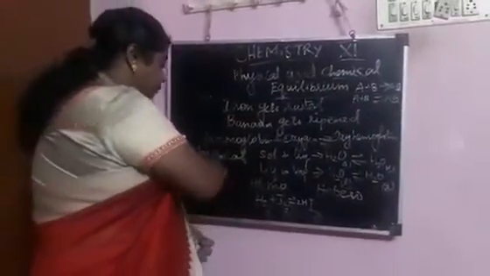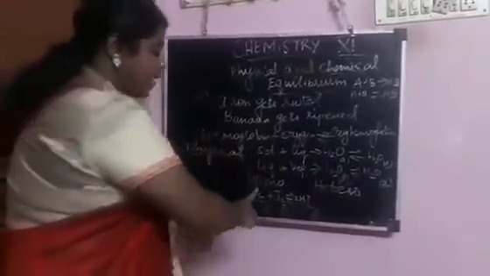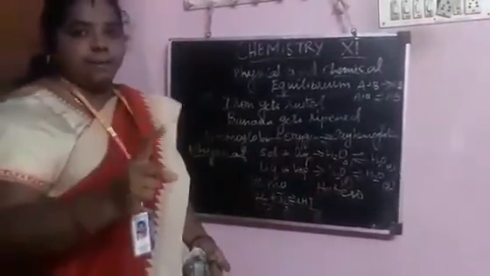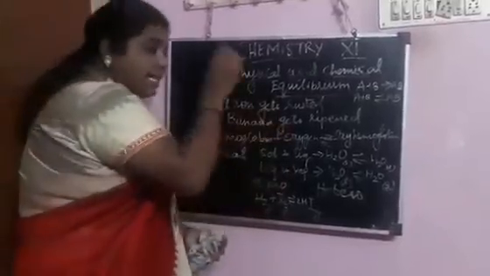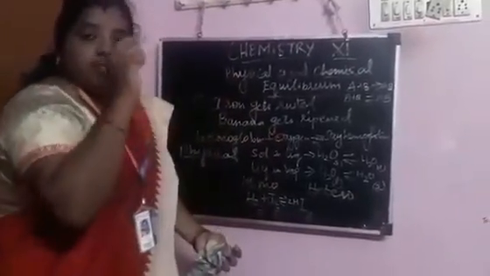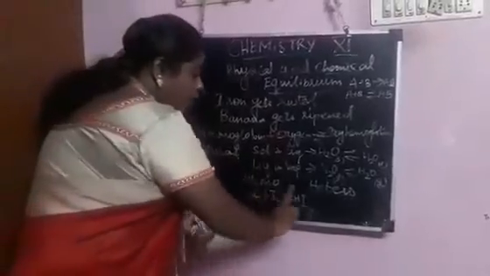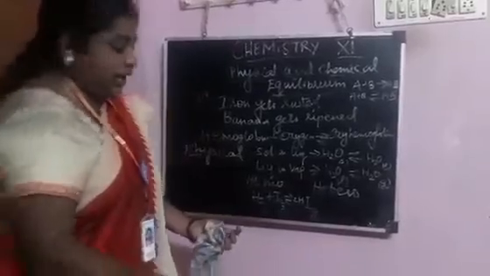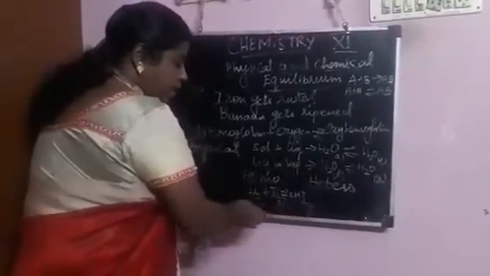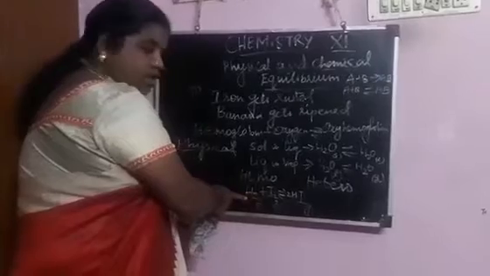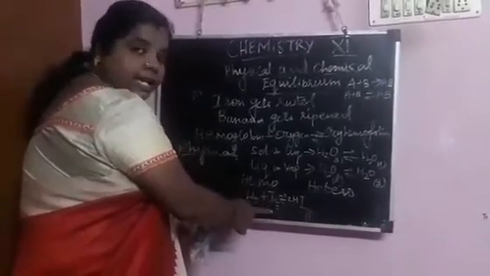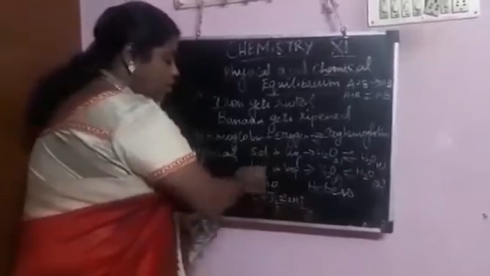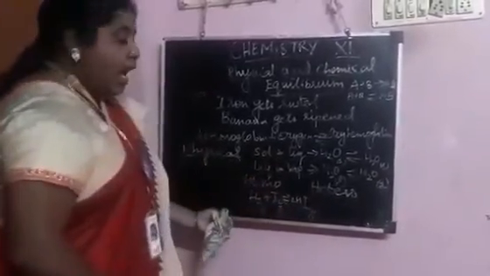And next, the physical equilibrium is divided into homogeneous and heterogeneous. Homo means same, hetero means different. So in an equilibrium reaction, if it is homogeneous, throughout the reaction both the reactant as well as the product are in the same state. That means the gaseous state. When hydrogen gas and iodine gas form hydrogen iodide, it is also in the gaseous state. So it is an example for the gaseous molecule. And next one is